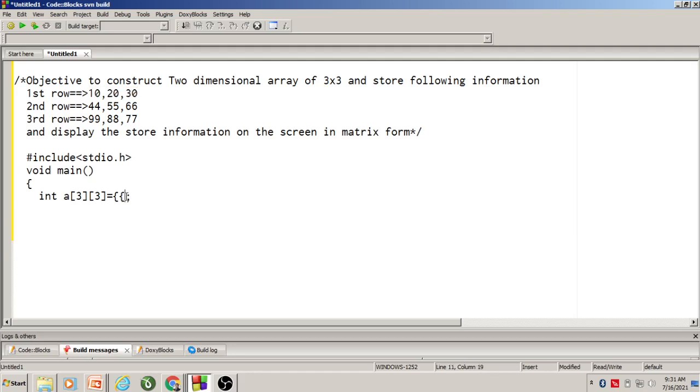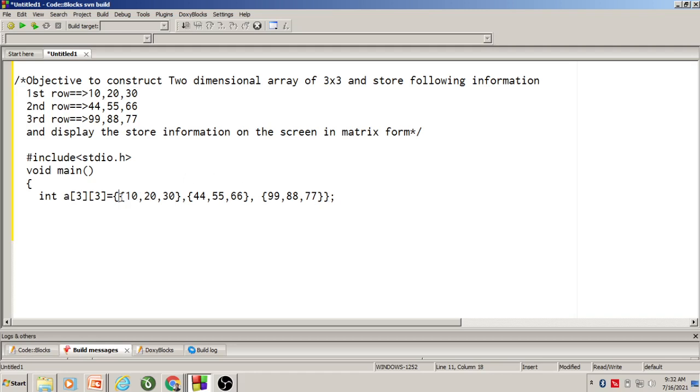So this is considered for the first row. Comma, and for the second row I put all these values. For the third row, all these values I am initializing, and I close one more curly bracket to complete the initialization.